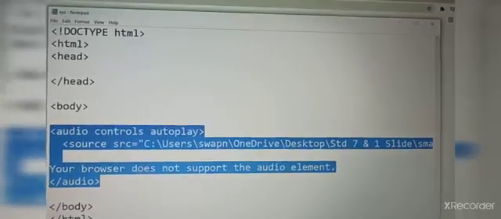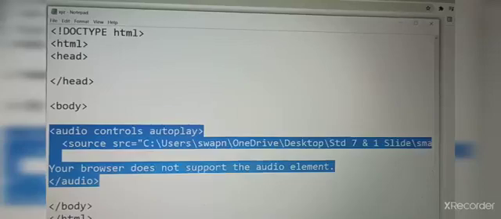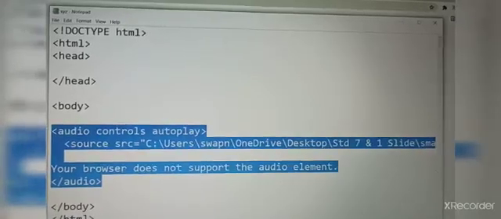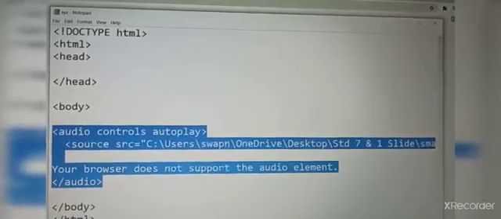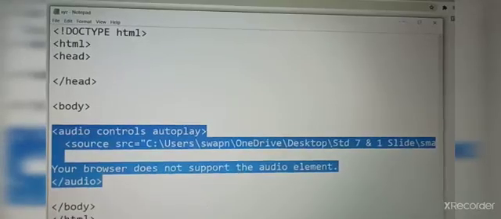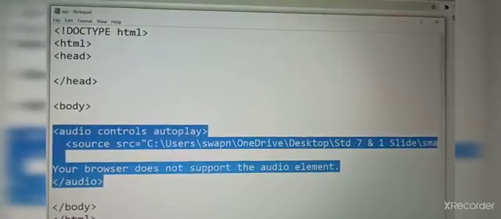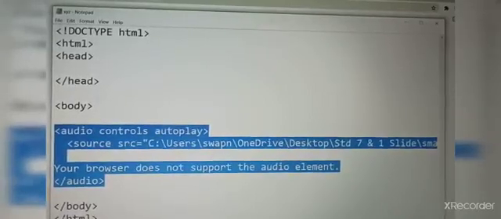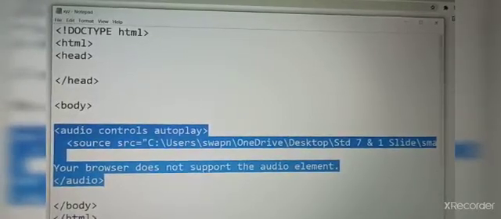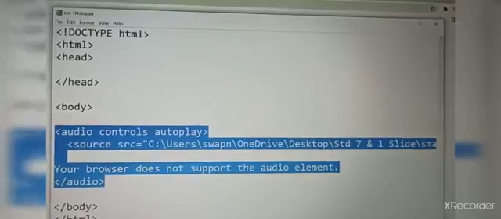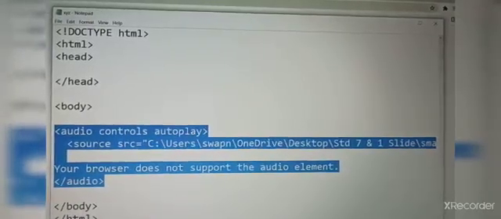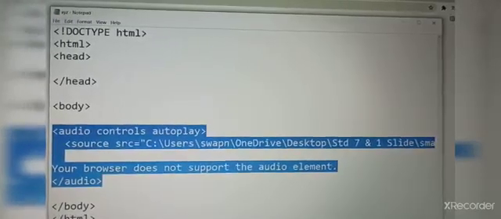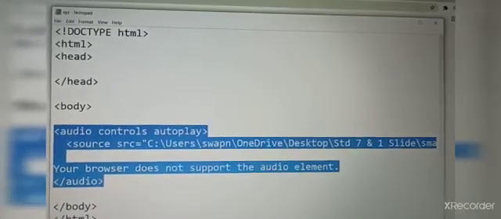You can see here in Notepad, in HTML, we have written an audio tag. In that audio tag we have written controls, autoplay, and we have given a source, the path where my audio is saved. That is in C drive, Users, OneDrive, Desktop and so on.